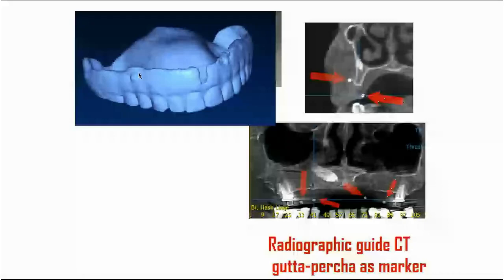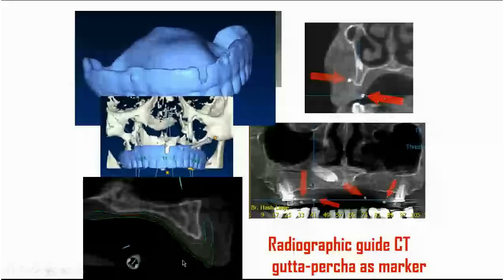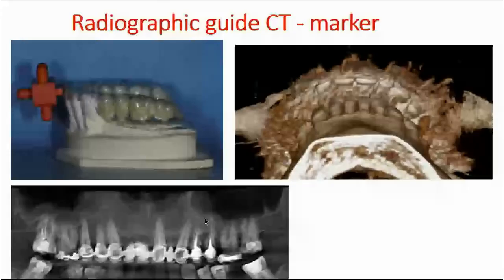So when we follow a procedure defined in the software, we will be able to overlap that data according to these gutta percha positions, which will overlap the data correctly, and at the end we will have the position of the prosthetic element, which will guide us to the appropriate implant position, and also this inner part, which is now recognizable by the software, which will help the producer to print